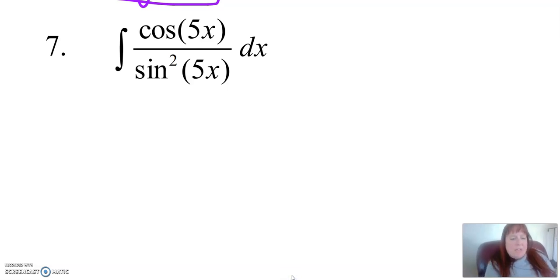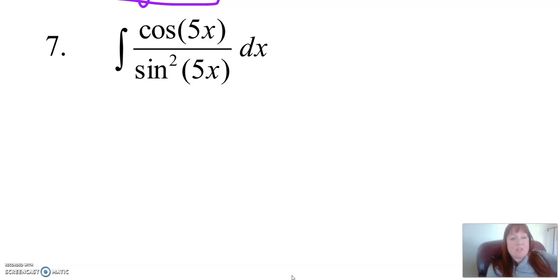So this one looks really complicated because it's got a couple of functions in it. We've got the cosine function, 5x is a function. We've also got sine squared is a function. Originally you might think, oh, well, she told me anytime there's something besides the